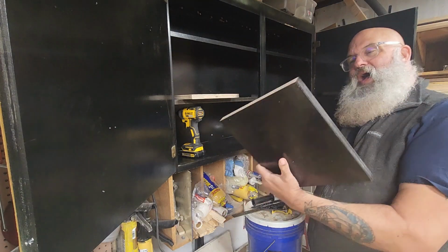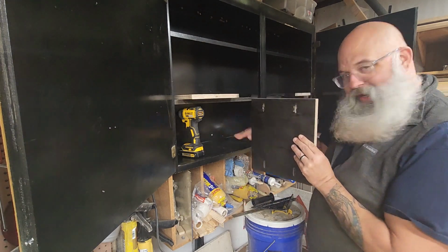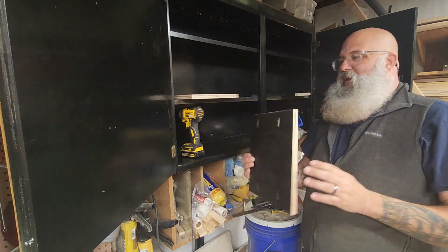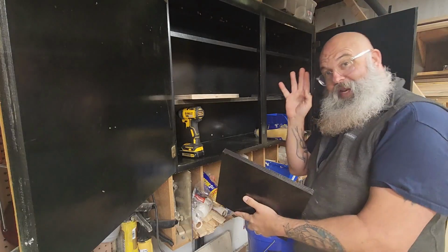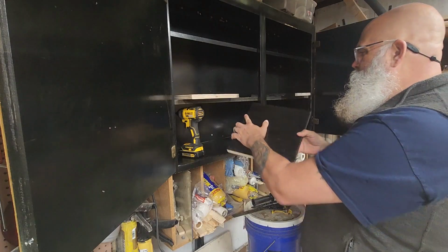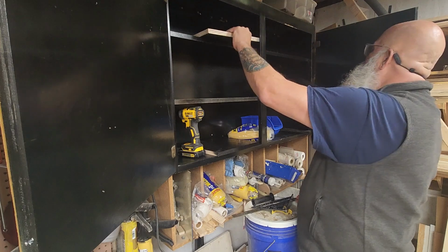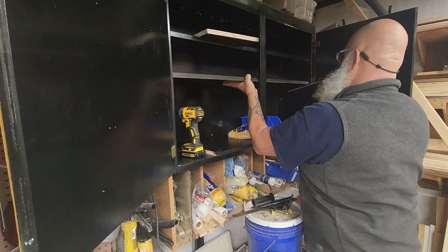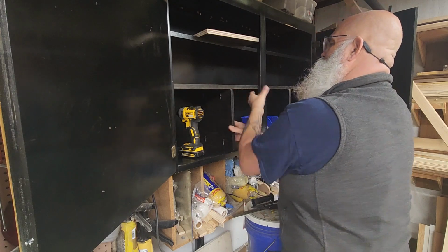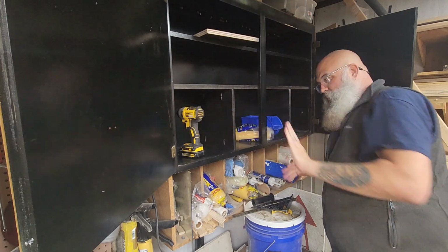All right. I just took some 3/4 inch plywood. I cut it to the same height, and I cut it the depth of the shelf here. Put in some pocket hole screws, and I painted it real quickly with black. So now I'm going to figure out how far apart these need to be, and I'm just going to raise the shelf using the height of these pieces of plywood instead of the adjustable holes and stuff. So anyways,